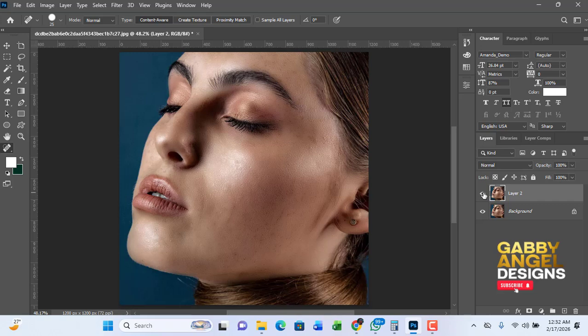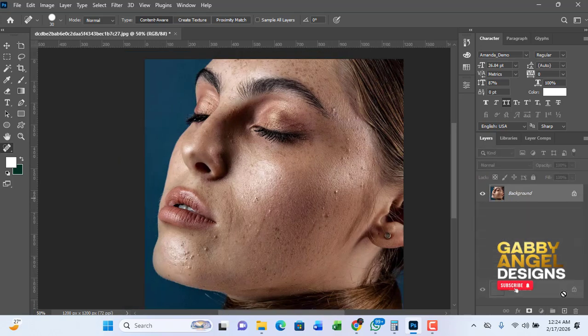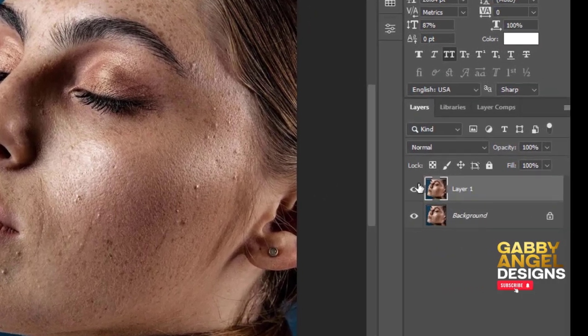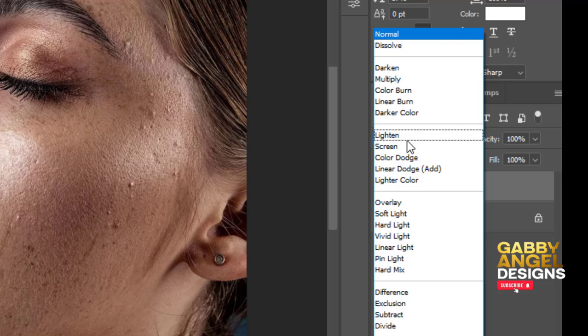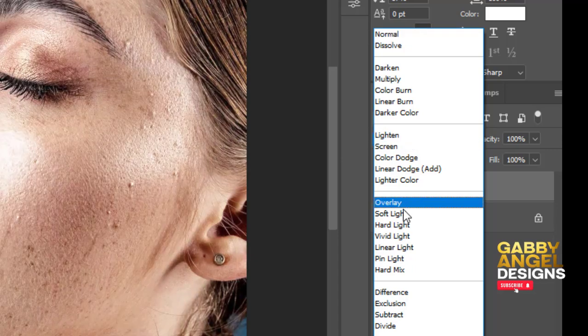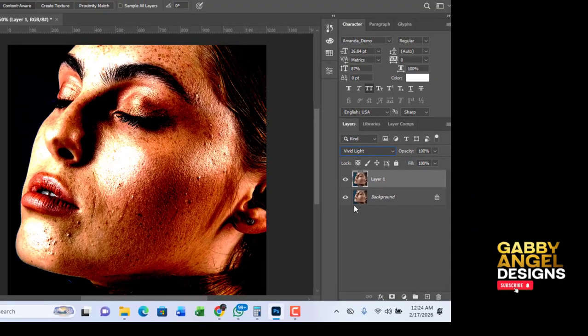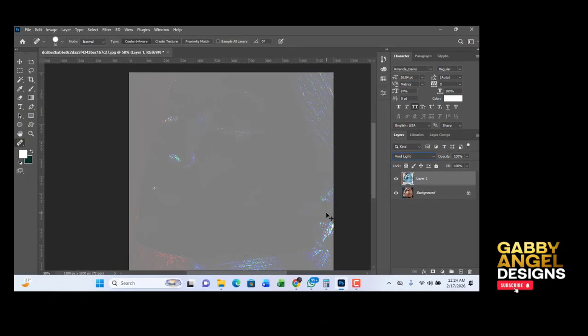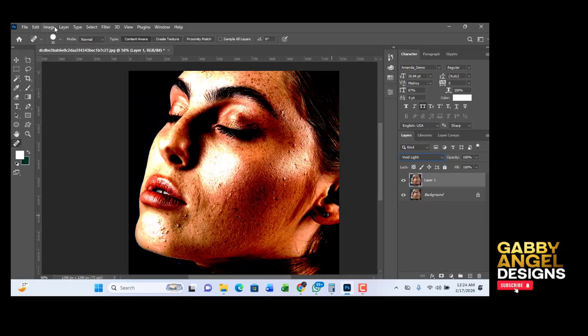Come on, let's start. Drag the background to this plus icon to duplicate the layer, or just press Command/Ctrl plus J on your keyboard to duplicate the layer. After that, change the blend mode of the duplicated layer to vivid light. After that, press Command/Ctrl plus I to invert the colors, or you can come to image,